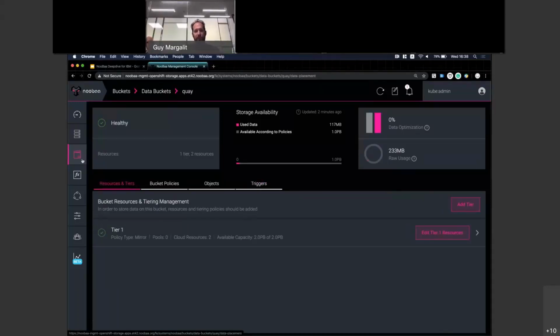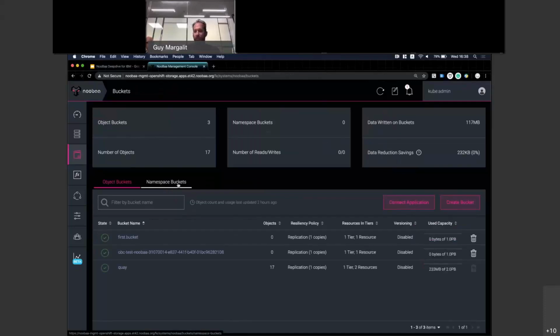On the buckets, we also have something which is called namespace buckets. I'm going to show a slide about it. It's something different. It's not using the pipeline that Guy described, but I will talk about it a bit later. And the last thing I wanted to show is basically that we have, for each bucket and for each resource,